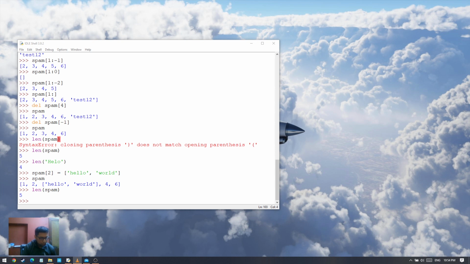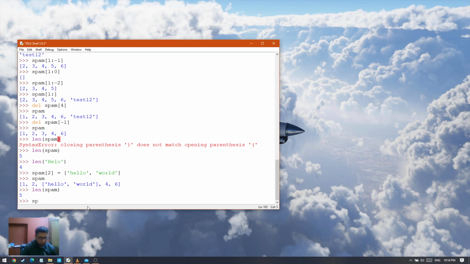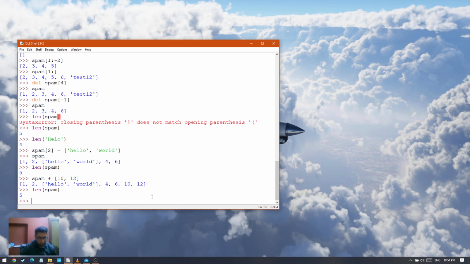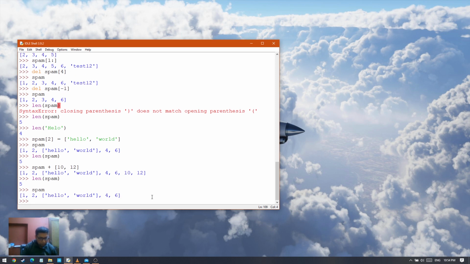And the same applies for doing string replication. just spam plus plus 10 12 गऱ्यो भने अहिले हाम्रो कति छ 1 2 3 4 5 वटा छ है 6 7 वटा आउने भयो 1 2 3 4 5 6 7 हो. len spam गऱ्यो भने ओके. spam भने के छ त ओके. एड त भयो तर त्यसमा राखेन है